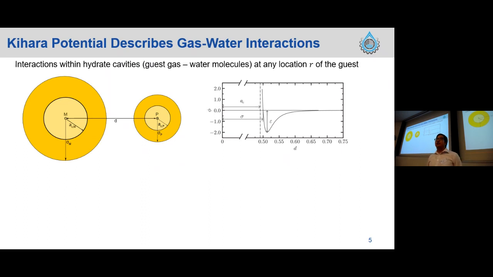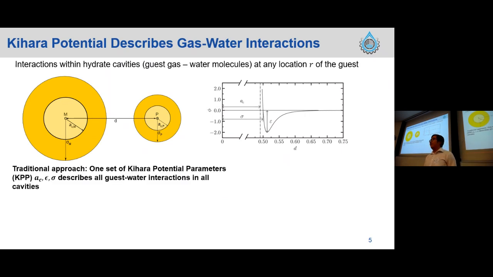And then finally, you reach a point epsilon a bit further along. That's your maximum attractive potential between the molecules. And so as you go beyond this point, the intermolecular potential begins to dissipate. So the traditional approach in hydrate modeling is that you have one set of key potential parameters that describes all